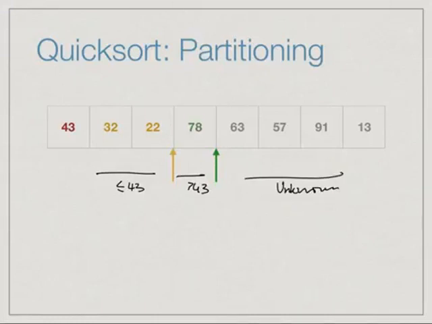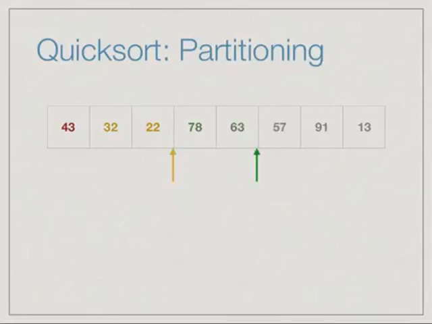Right? So we continue in this way. So now we look at 63. So again 63 extends the green zone. 57 extends the green zone. 91 extends the green zone. Now we have to do something when we find 13. So 13 is an element now which has to be put into the yellow zone. Right? So one strategy would be to do a lot of shifting. Right? We move 13 to where 22 is or after 22 and we push everything from 78 onwards to the right. But actually a cleverer strategy is to say that okay, 13 must go here,